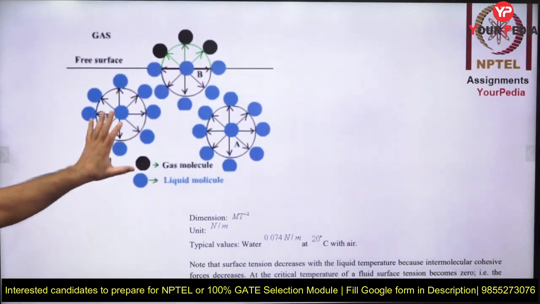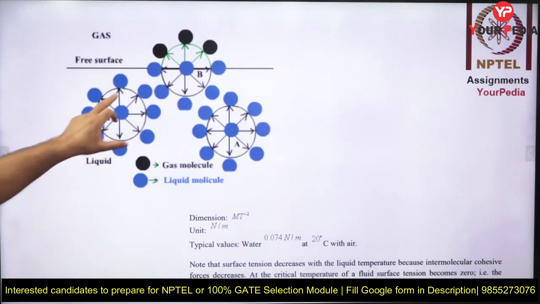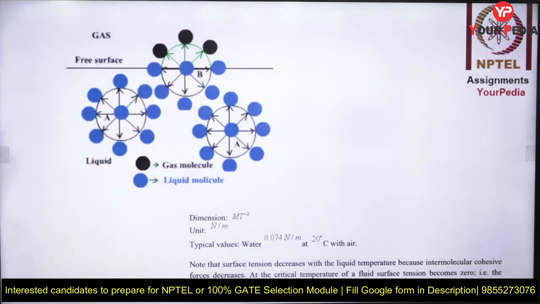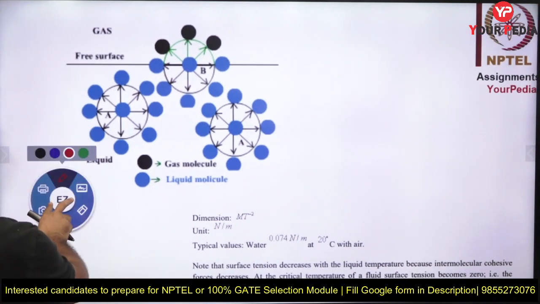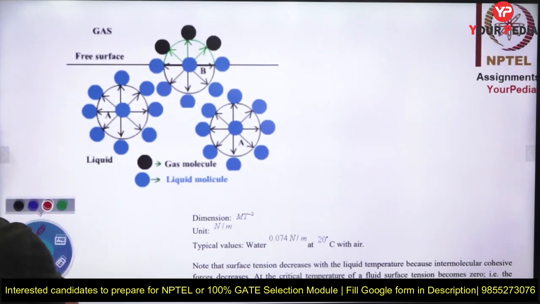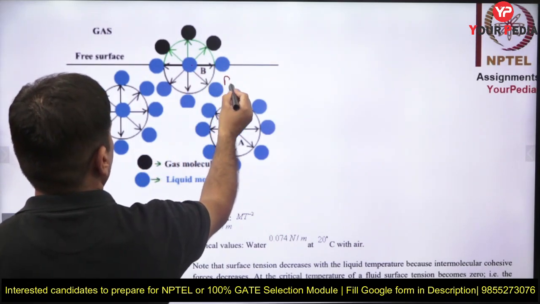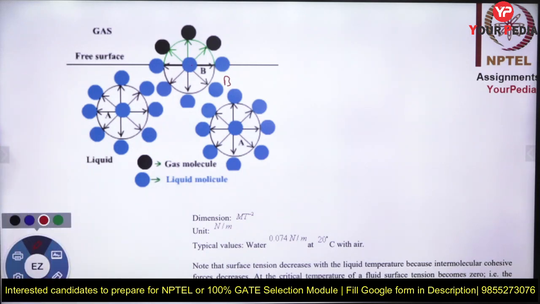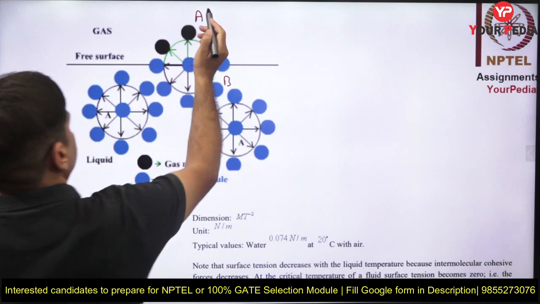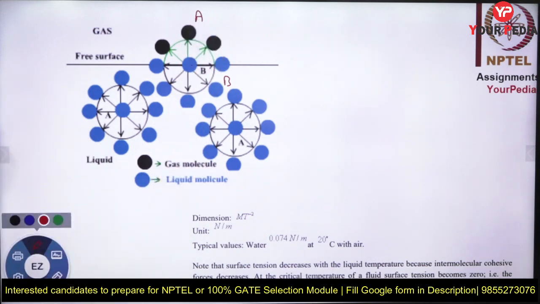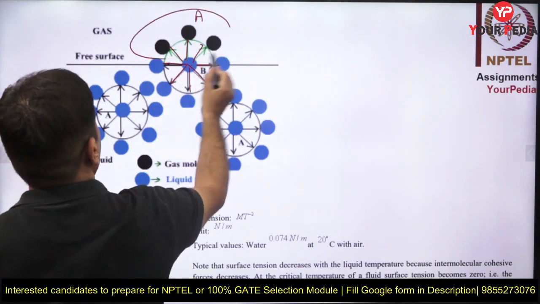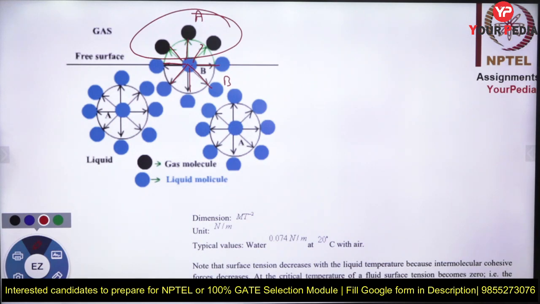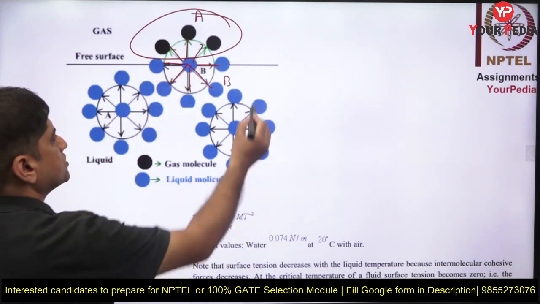Now, he has made a very good diagram here. As you can see, there is a molecule B, and molecule B is under the attractive force of similar molecules and dissimilar molecules. These molecules are also B, that is the similar molecule, cohesion. But on this side there is a molecule A which is of gas, a dissimilar molecule. Let us say the gas molecule is not in a position to attract B that much, so that force will not be strong, and hence eventually the molecules which are on the interface